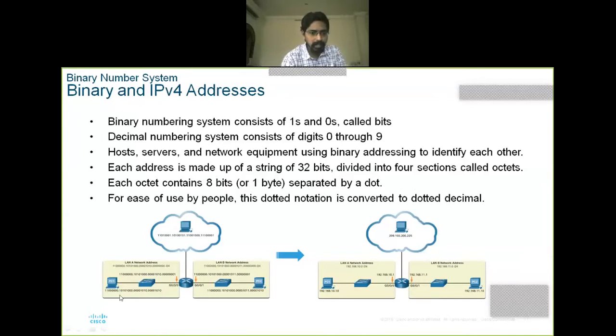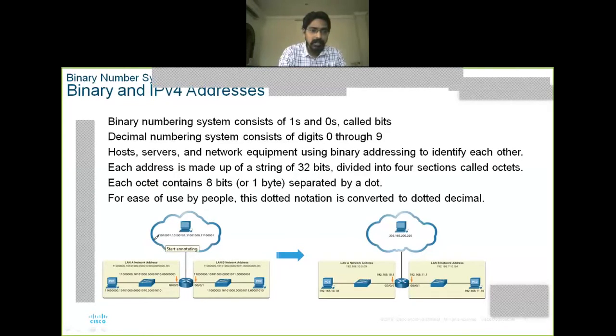One system, PC1, is maintaining a communication path, so it wants to communicate to PC2. Observe, yesterday we configured our IP address as 192.168.0.1 like that. Computers won't recognize that. Computers can recognize only binary data, either 0 or 1. So we need to convert this decimal format into binary format, so that it will contain only zeros or ones. That's why you can observe this is nothing but an IP address: 8 bits dot 8 bits dot 8 bits dot 8 bits.